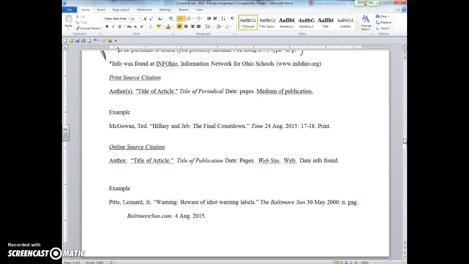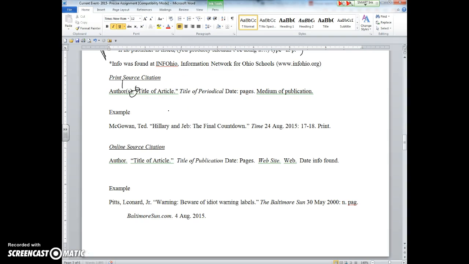Absolutely. So here it tells you, give me the author, the authors, and then a period. Title of the article goes in quotation marks. A lot of us did not do that correctly when we did the Smink article, that we would either underline or italicize that. Incorrect. A title of an article, a title of a smaller text, like an essay title, goes in quotation marks, okay?